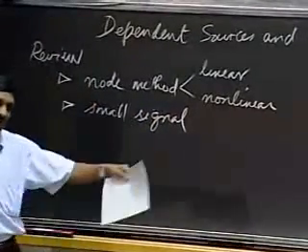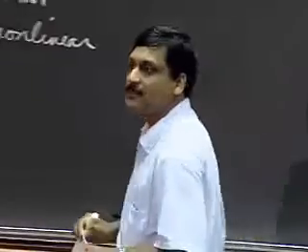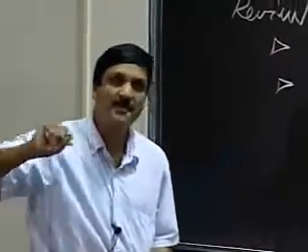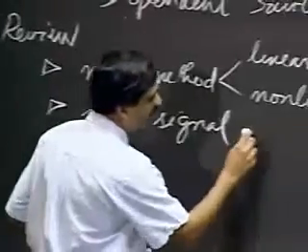What we said is, if you look at the whole space of nonlinear circuits, then within that space, if we focus on small variations, small perturbations about an operating point, then even the behavior of nonlinear circuits in that small regime would be linear. So small signal method